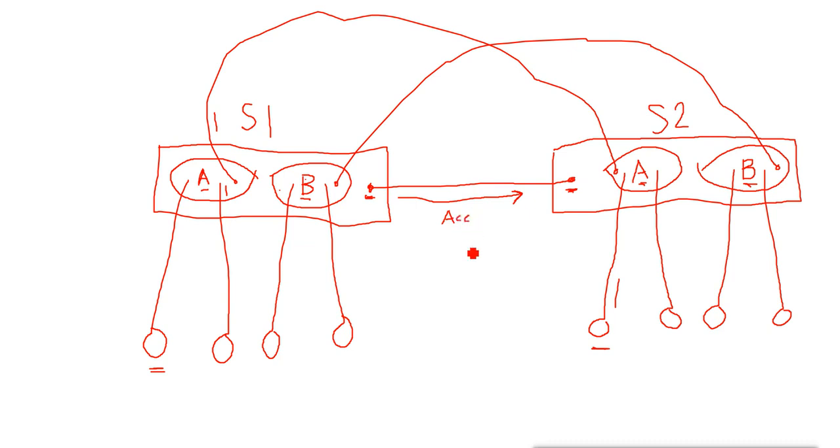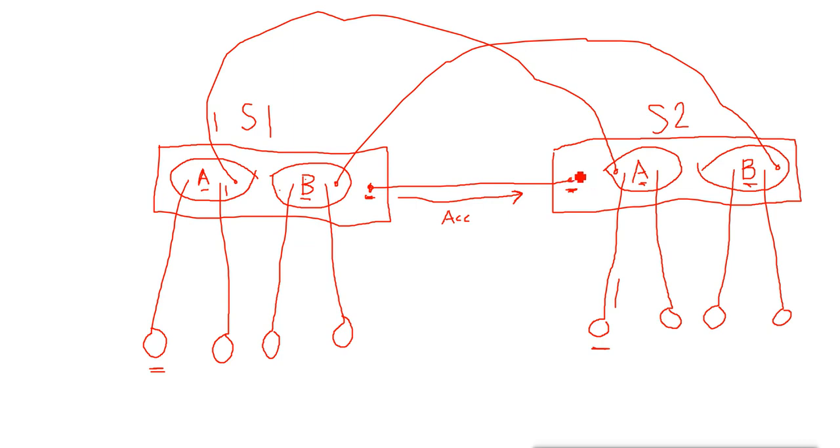Now, an access link does not have any membership or information about any VLAN. It just feels like it is part of a single domain. Whether it is in VLAN 1, VLAN A, or VLAN B, it will only accept packets from that particular VLAN. It will not have an option to accept packets from other VLANs, and when it reaches the destination, the data will only go to that particular VLAN of which the port is a member. It will not go to any other VLAN.